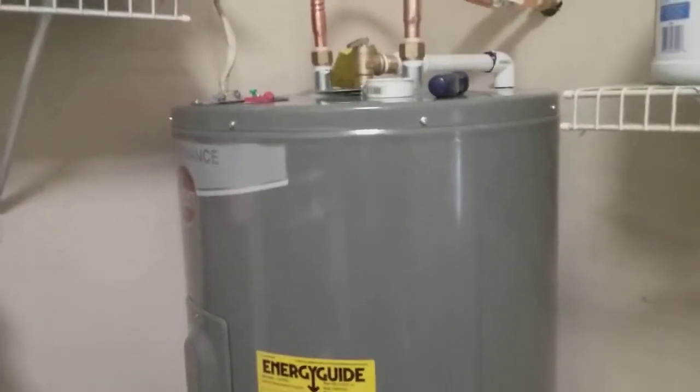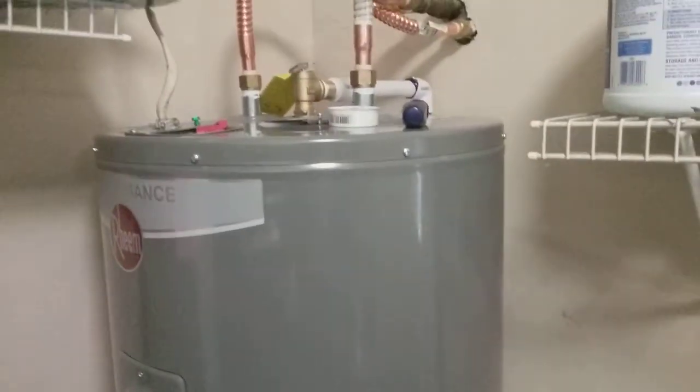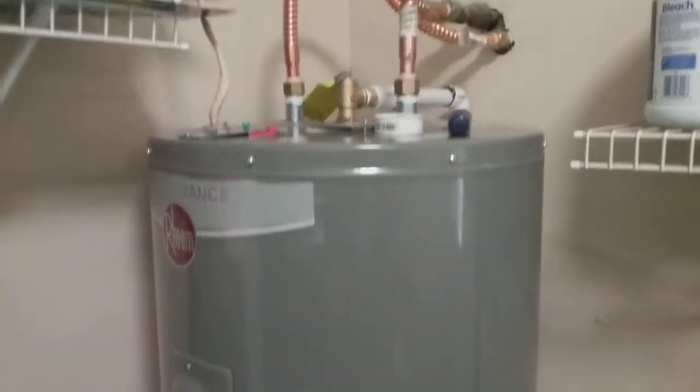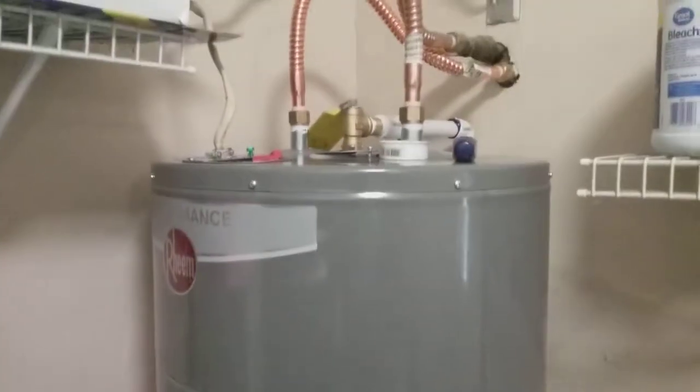It probably took us an hour to move the washer and dryer, and then pull out the old one and pop this one in. Well, an hour to move the washer dryer, pull out the old one, make sure the line was drained, because you put a hose on there and it takes a while. It goes out pretty slow. And then during that time I went to Home Depot and picked up this one and came back. When I was back, it was done draining, so I just shut that valve down there